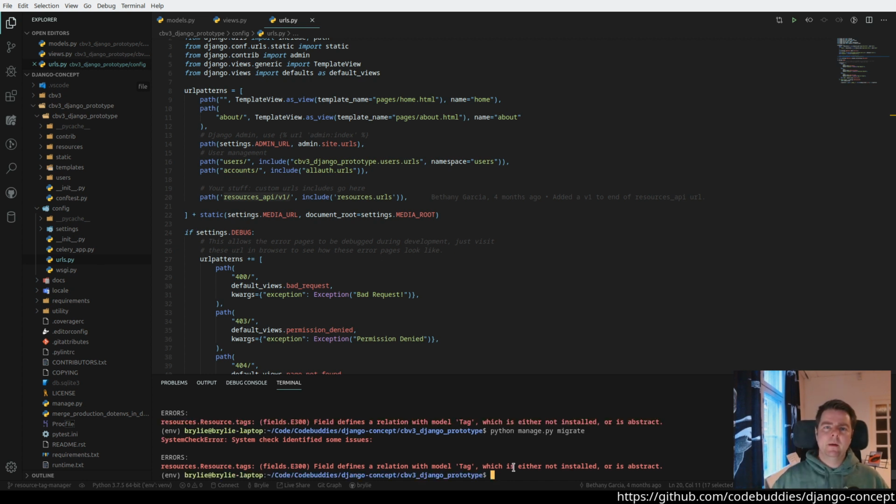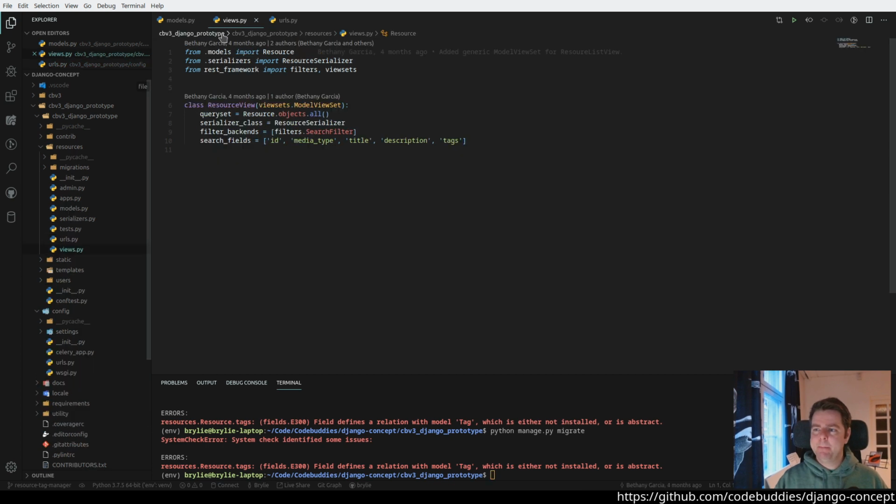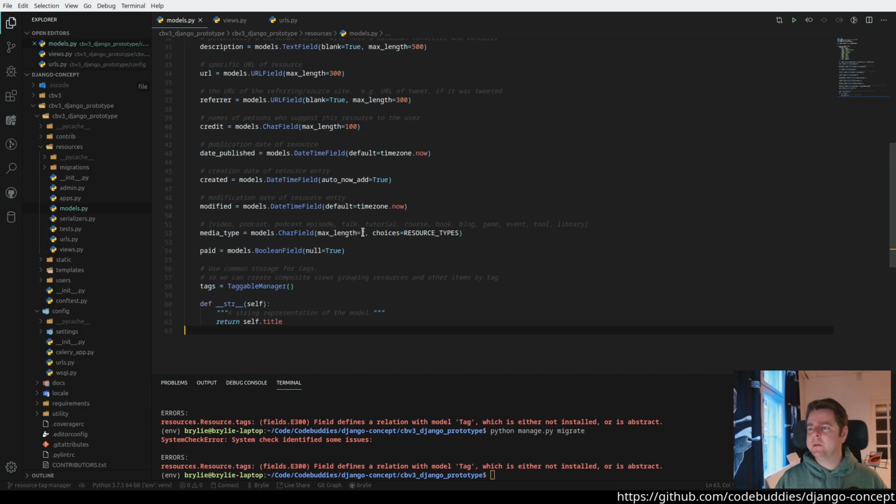When I installed Django taggit, I have to run these migrations before. When I install the Django taggit module, it's going to create a database table and all that good stuff. And then I need to let it migrate that in before I can actually make a reference to that. So